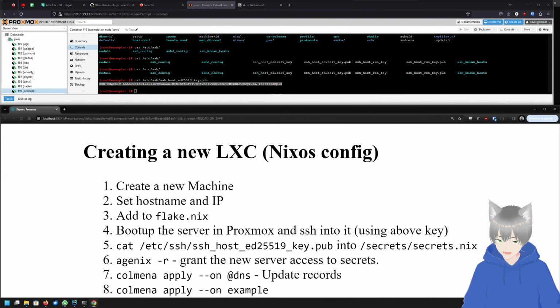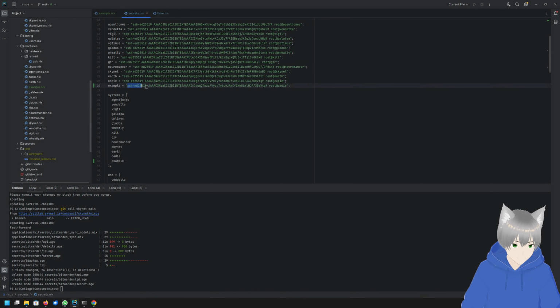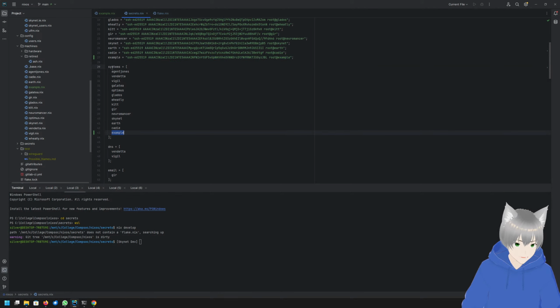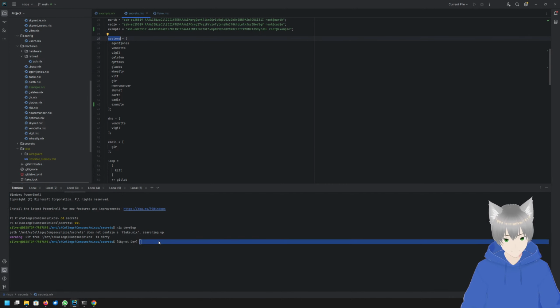And I'm gonna go to the secrets.nix and I'm gonna pop it in. So secrets.nix, and I pop it in here where I've already pre-made it. So this uniquely identifies this machine and it allows it to access secrets. And where is it? Yeah, no, I don't want to terminate that. So in here I've added to the systems array, and between this, if I go